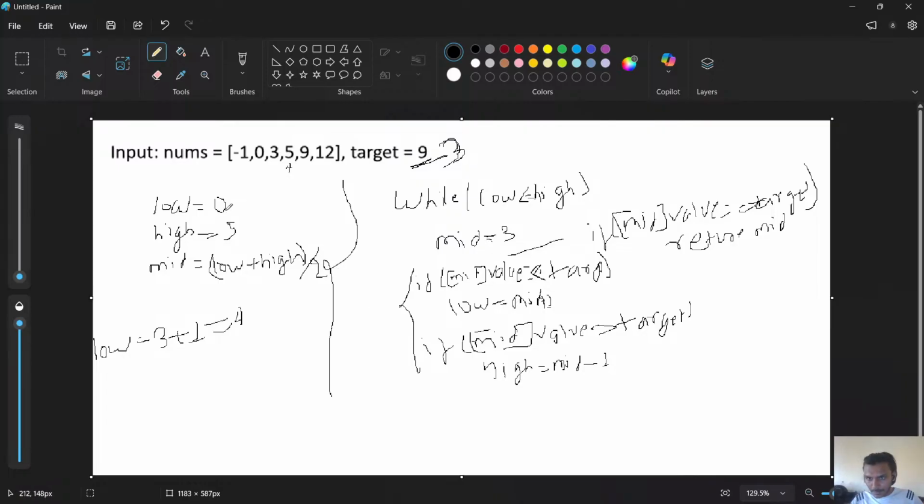So our low is 4, high is 5. 4 plus 5, that is 9. 9 divided by 2, that will be 4.5, that will be 5. So 0 1 2 3 4 5. 4 plus 5 is 9, 9 divided by 2 is 4.5. So 4.5, we round up. If we round up to 0 1 2 3 4,